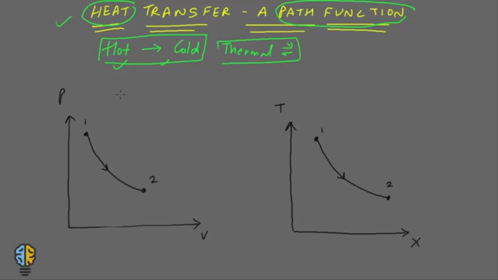Now, if you talk about the sign convention of heat transfer, let us draw a system like this. Okay, this is a system. Now let us say this is heat going into the system and this is the heat coming out of the system. Out of these two heats, one would be positive and one would be negative. So the heat that goes into the system is positive and the heat that comes out of the system is negative. Now why is this so?